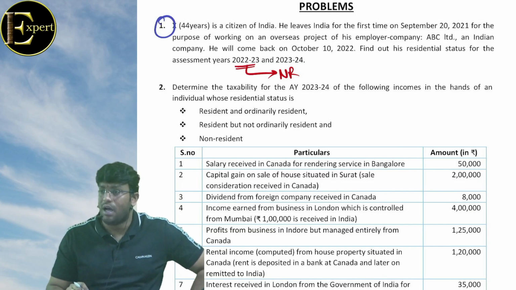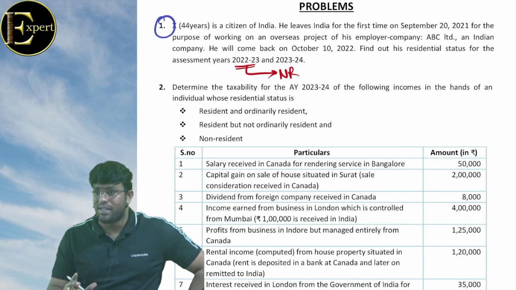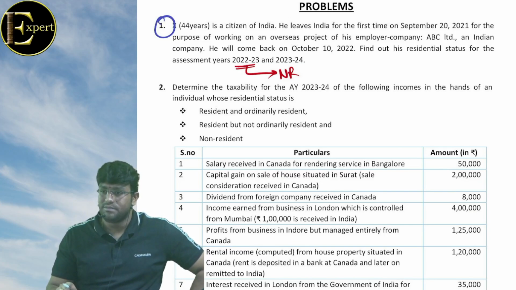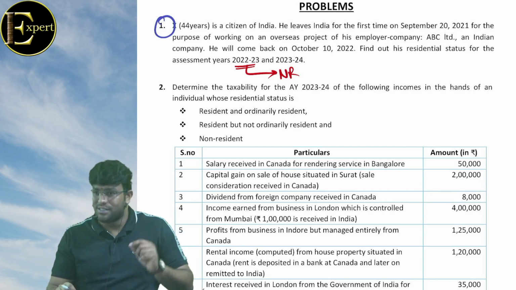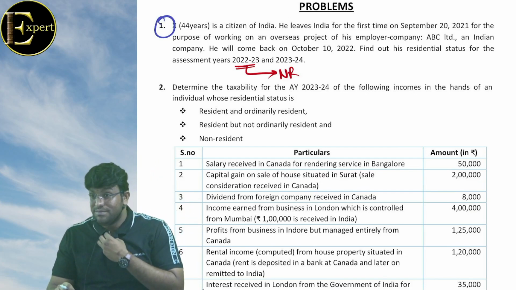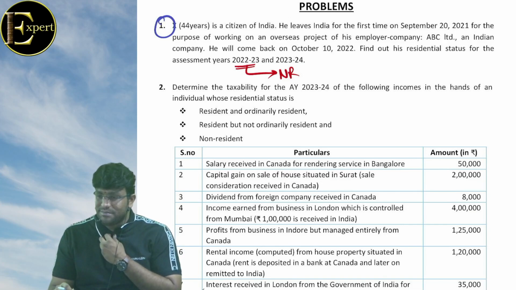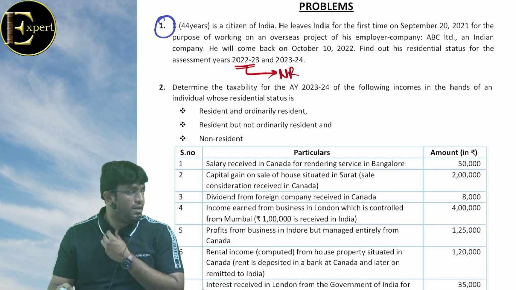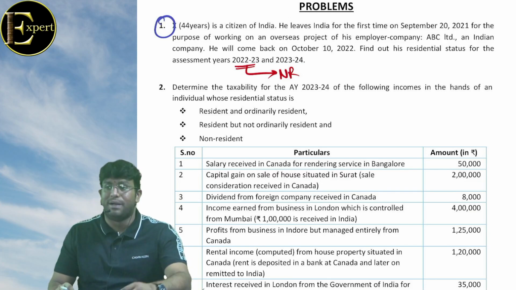Who is that man? X. Be careful with X. He is leaving India for what purpose? Employment outside India. Look, when did the law say that he has to go out of India permanently? Indian citizen leaving India for employment outside India. Did they say that leaving India means leaving permanently? Did they say that? Understood? So what is the answer for the first case? Non-resident. I hope you are getting clarity, everybody.